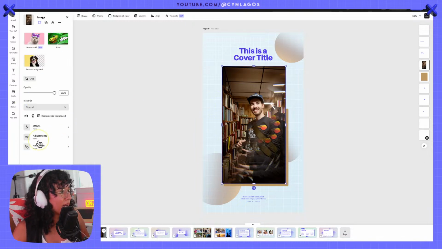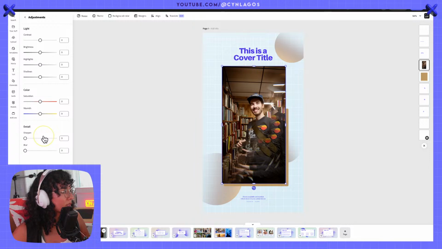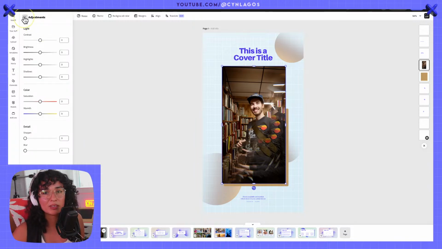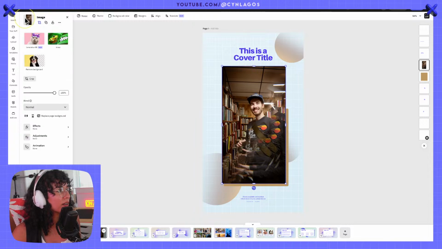What about we add an outline to this instead? Let's add an adjustment. Oh, you can always adjust the colors in here too if you need a little tweak here and there.